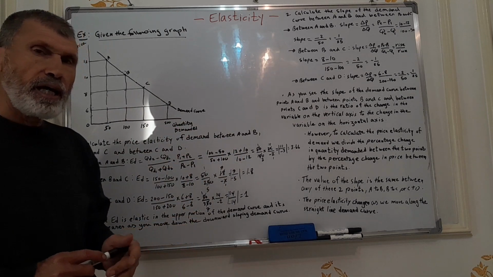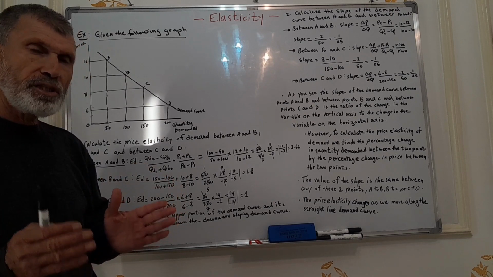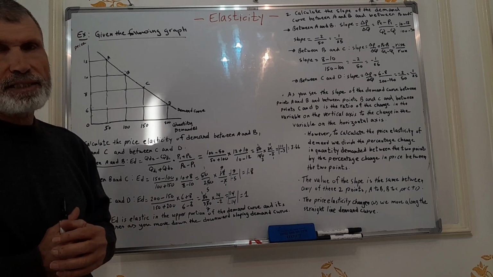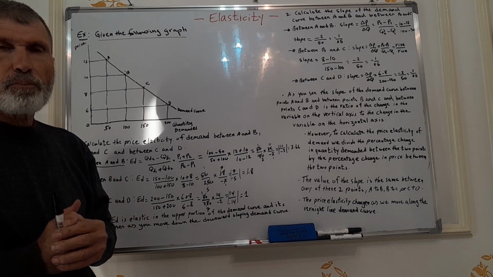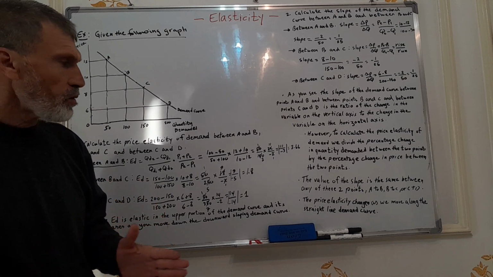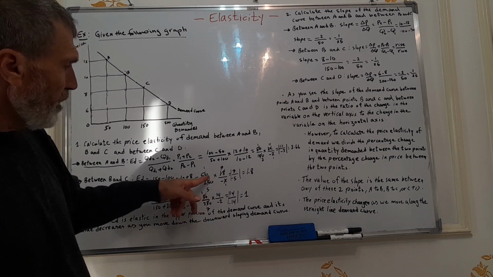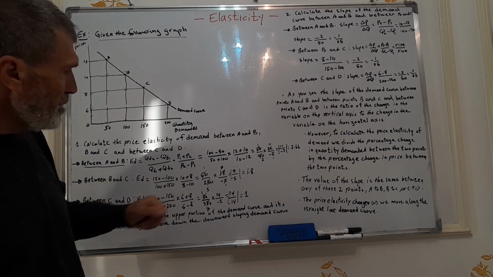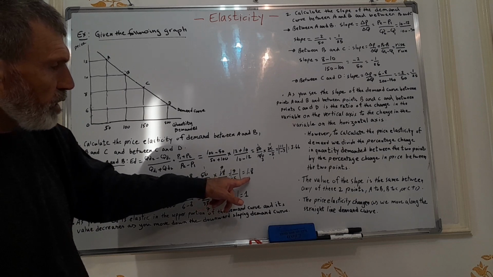Remember, as I mentioned, that by convention, economists take the absolute value of the price elasticity of demand so that you'll always get a positive value of the price elasticity of demand. So here, as you can see, after simplifying these values, we come up with 11 over minus 3. Take the absolute value,